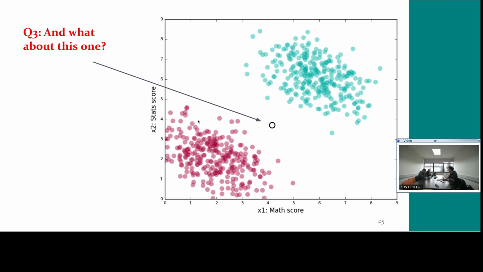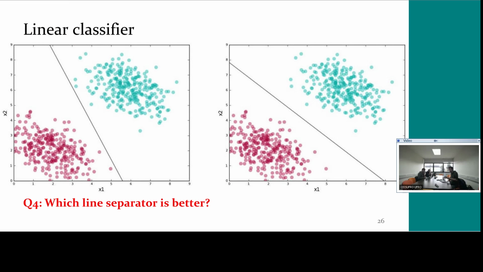What about this case? It's a bit tricky one. In truth, we don't really know, because it's actually in the middle of these classes. But this is slowly getting us into the idea that we can have more lines that are splitting it, and we would like to know which of these line separators